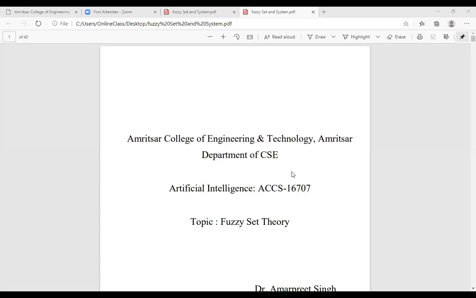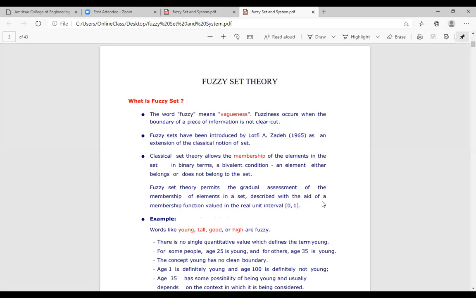So this is what we have done up till now. Fuzzy set theory: the word fuzzy means vagueness, and it is different from the classical set theory where the membership is given as 0 and 1, but here the membership is given as between 0 and 1. And some words are used in fuzzy, like young, tall, good, high, because we cannot say how much young,